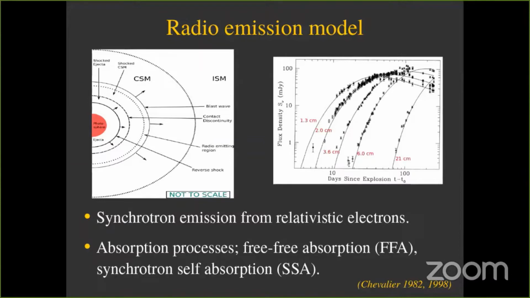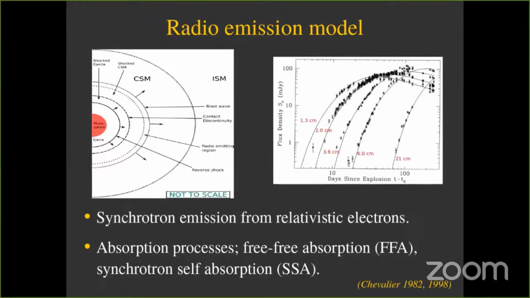So the left panel shows a cartoon diagram of the shock interaction with the CSM. The explosion throws the stellar ejecta at high velocities into the CSM, which creates a shock. At the shock, particles are accelerated to relativistic velocities, which could emit synchrotron radiation that can be probed at radio wavelengths. Now the CSM is created by the stellar winds, which are orders of magnitude slower compared to the shock